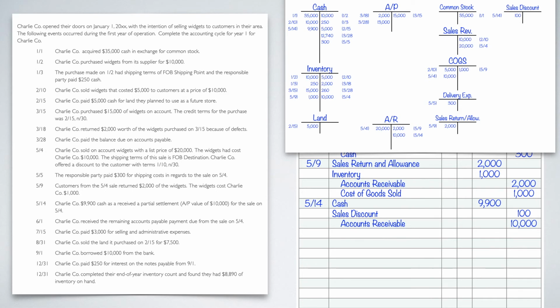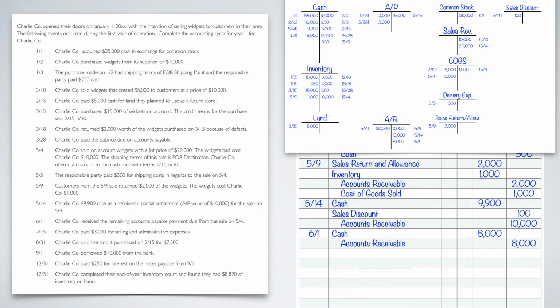So is cash being affected? Yes, it's going up. So cash is going to be debited, and it's going to go up by 8,000. That completely gets rid of the rest of their AR. And again, we're going to credit AR for that same 8,000. Put that into our T tables.